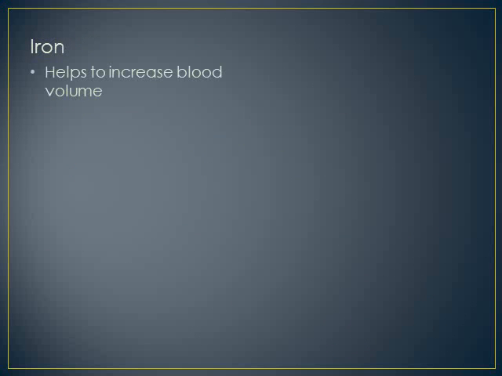Iron helps to increase blood volume in the body. And again, we talked about during pregnancy that mom's demands are really increased. So blood volume is increased as well. Also, a woman can lose a lot of blood during birth, especially if she has a C-section. So this extra iron is very important to help have an adequate number of red blood cells. And again, that's why folate and vitamin B12 are very important as well. Iron absorption increases up to 3 times during pregnancy, again, to help increase those stores because she can lose a lot of blood, but also because this is going to be given to her fetus.